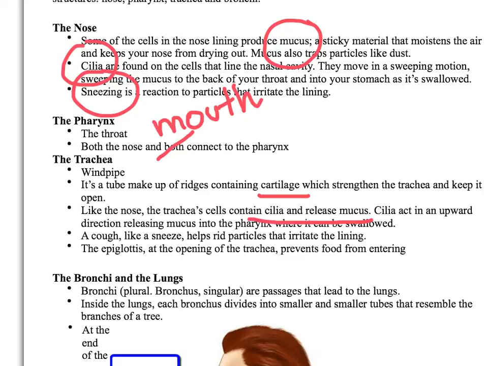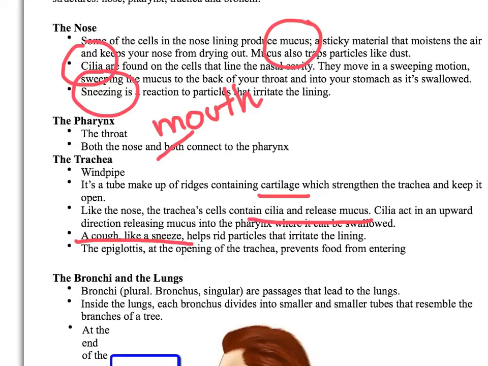Okay, so they protect your lungs. If any particles got through your nose, when they get to your trachea, they'll be trapped by the mucus, and then the cilia will sweep them out of the trachea into your pharynx, where you'll either spit it out, cough it out, or swallow it and it'll go into your stomach. And speaking of coughing, like a sneeze, it helps get rid of particles that irritate the lining